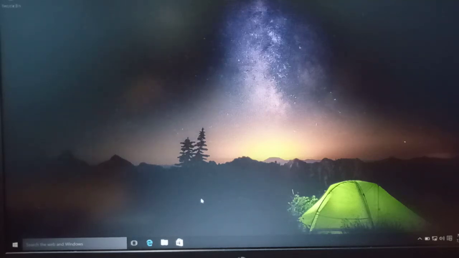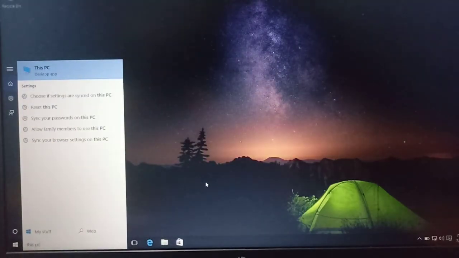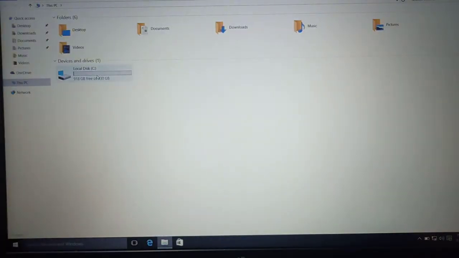In this video, we'll see how we can create partitions. If you want to create C, D, and E drives for your newly installed Windows, here is how you can do it. If you open This PC, you will see your whole hard drive is in the C drive. So if you want to store some important data apart from the Windows files and other stuff, you need to create other drives like D and E.